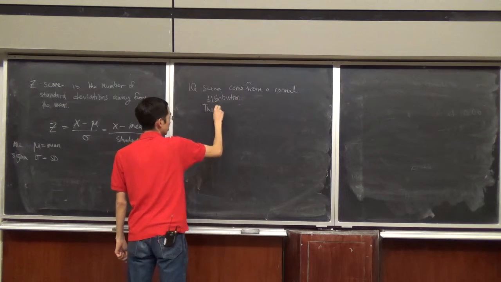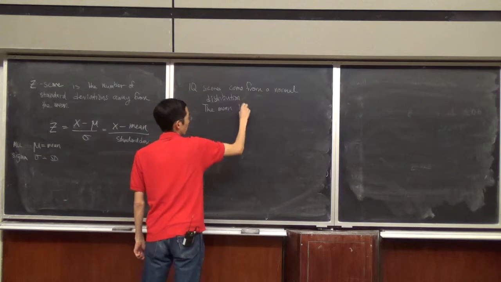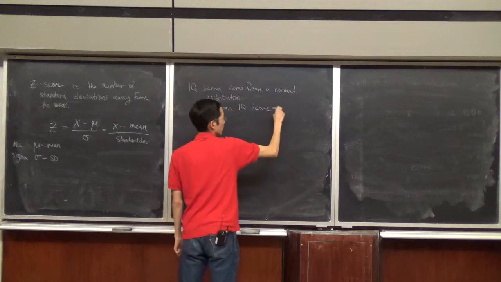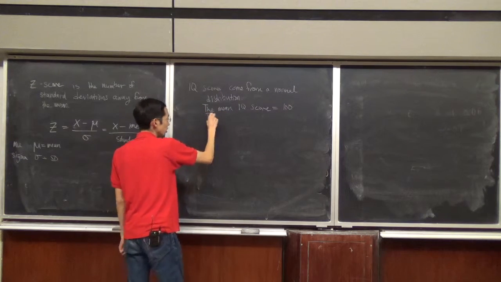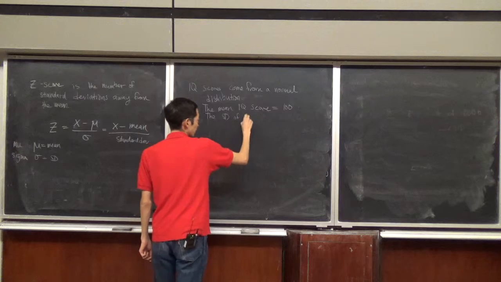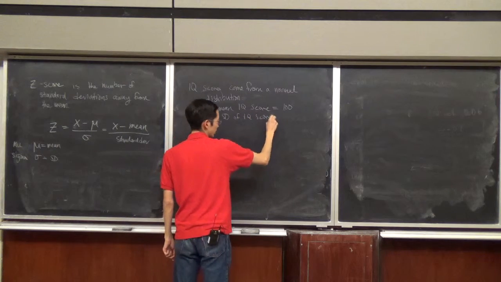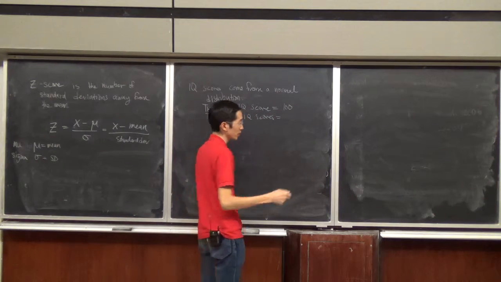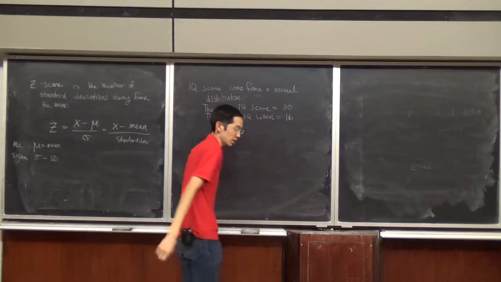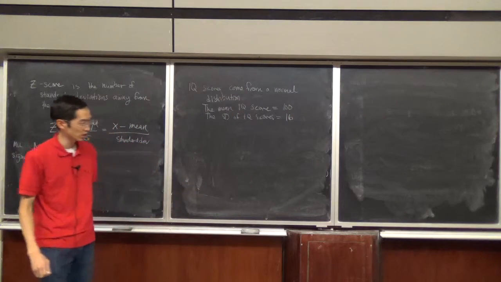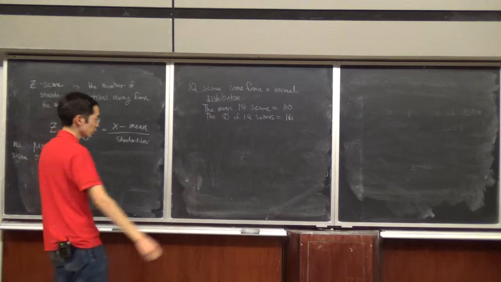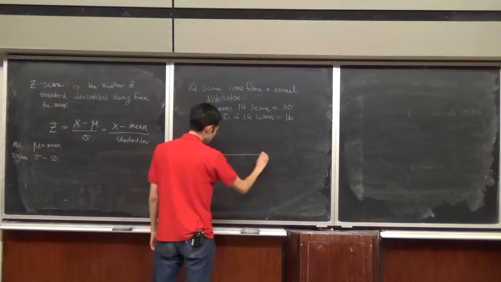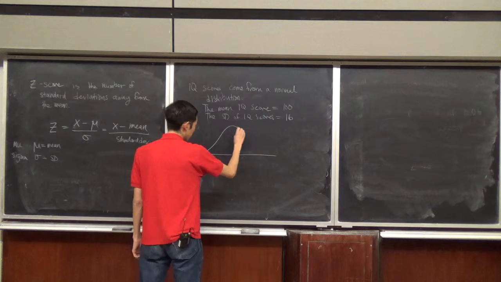The mean IQ score is equal to 100. The standard deviation of IQ scores is either 15 or 16, depending which test you take. But we'll just say the standard deviation is equal to 16. So if I were to draw a normal model for the IQ scores,